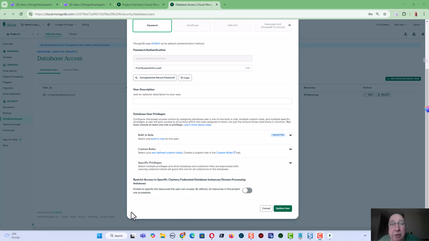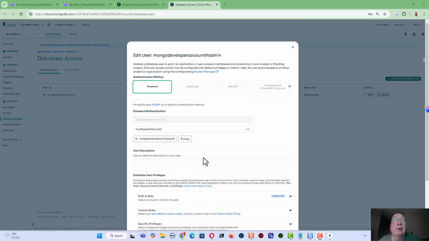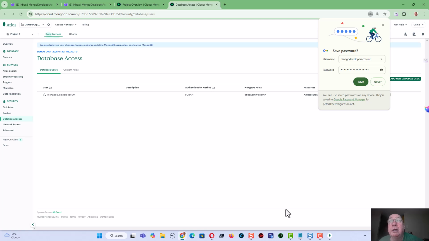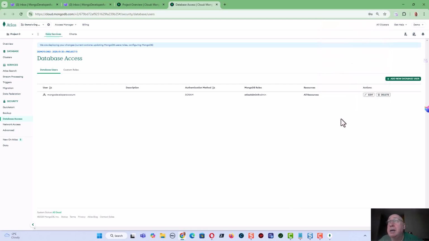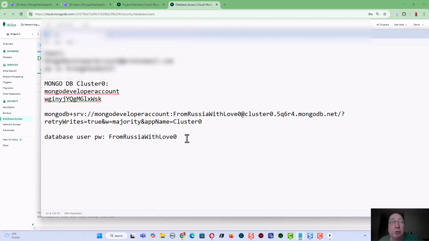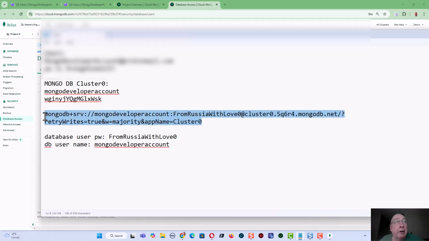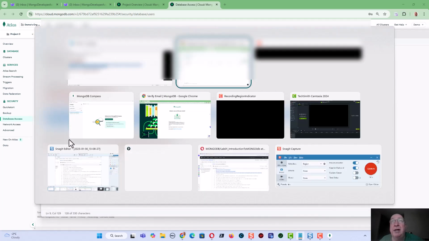And I don't think I have to do anything else. Just accept all of those as defaults. Go ahead and click Update User. Now let's test if this is working. So my user ID is this. That's my user's name. And that's my user's password. So let's take this string. See, there's the name right there, Mongo developer account and password. So let's grab that. And let's test it using